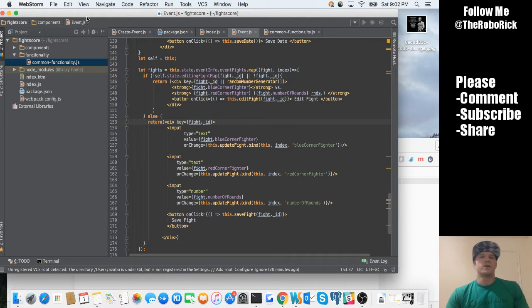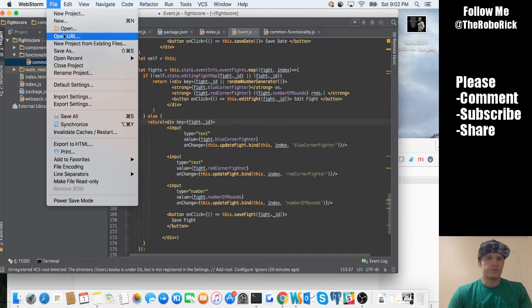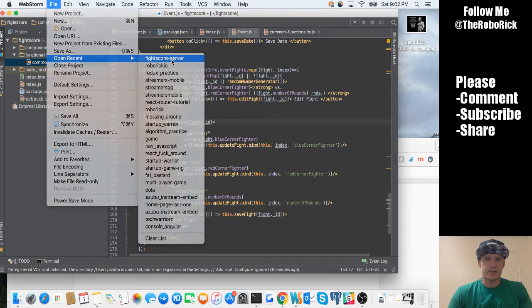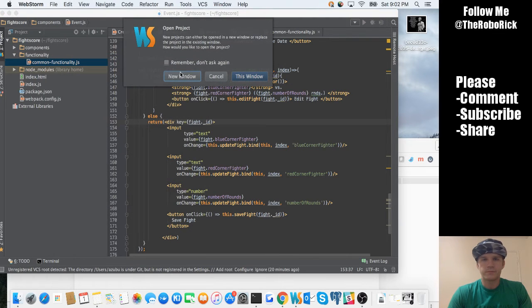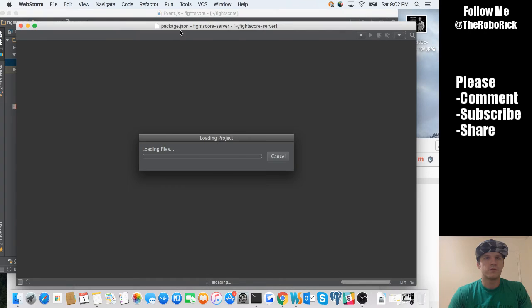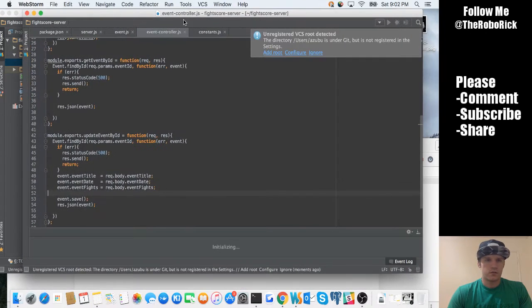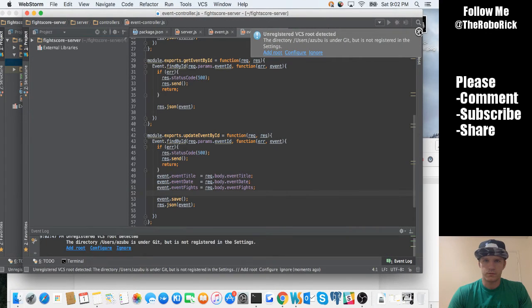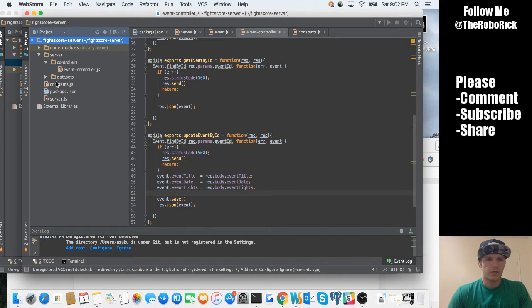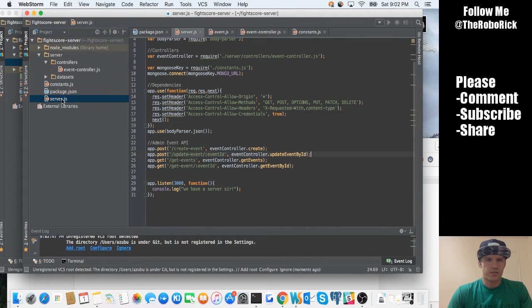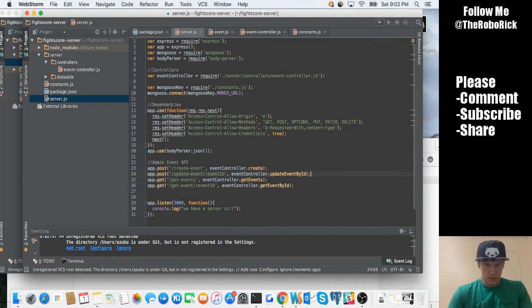Okay. So next thing I want to do is open up recent, and it's going to be my fight score server. And let's do that in a new window. Then I just want to go to my server.js, and this time I need to give it some HTTP action,